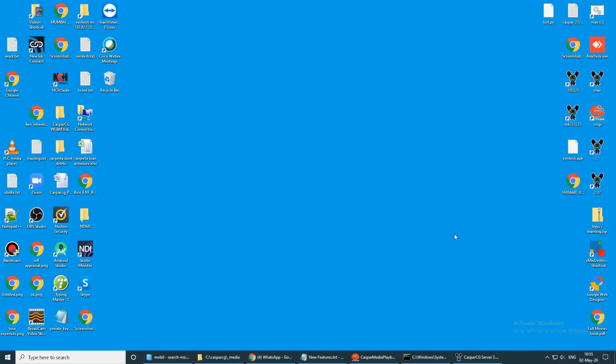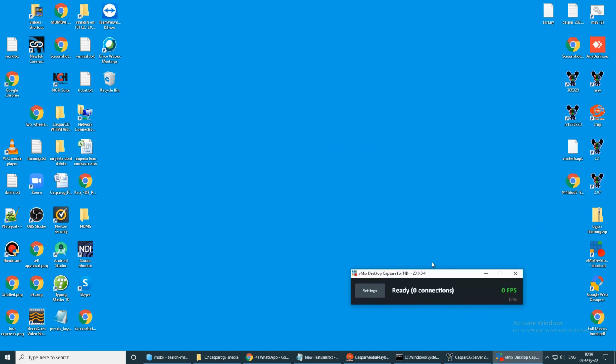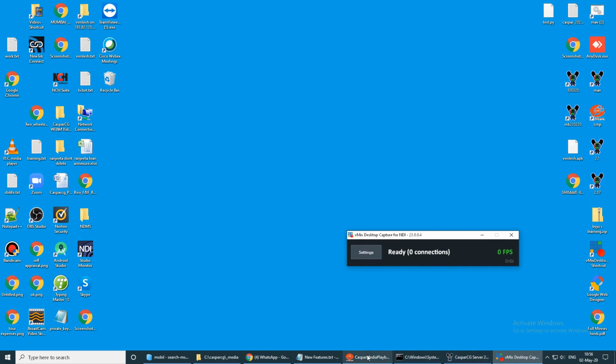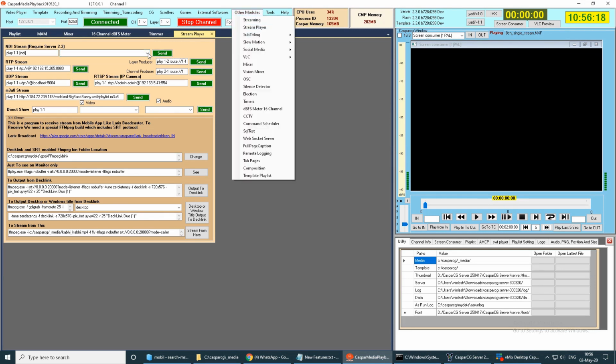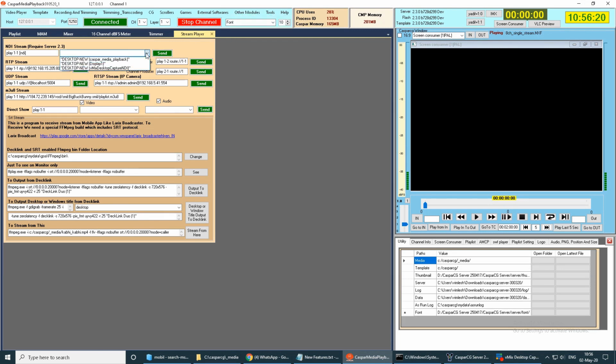So there is other software which will enable your desktop software, all other windows to act as NDI inputs. That name is vMix Desktop Capture. Now here you go on this module, stream player, others module, stream player, and here you can get all the things.